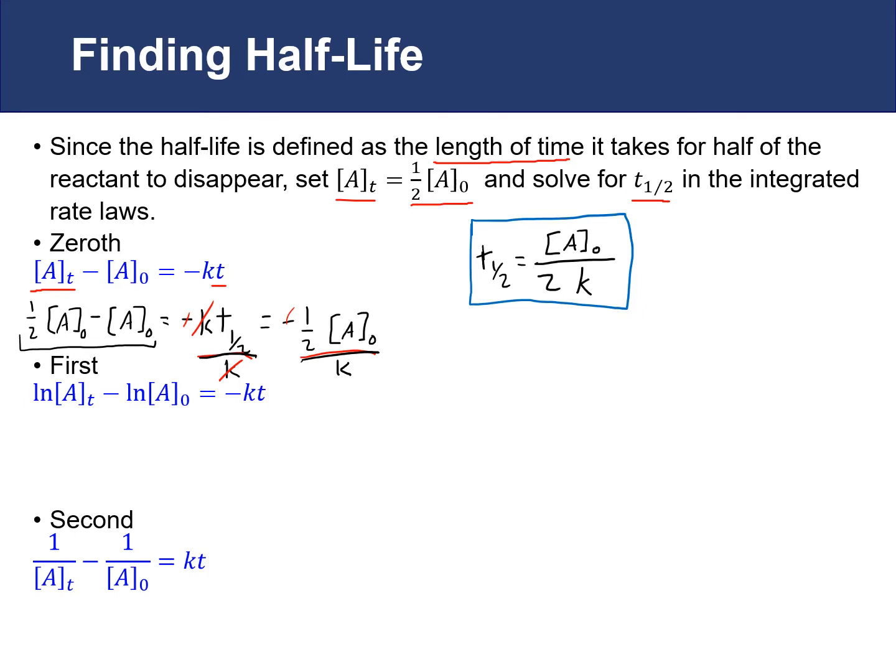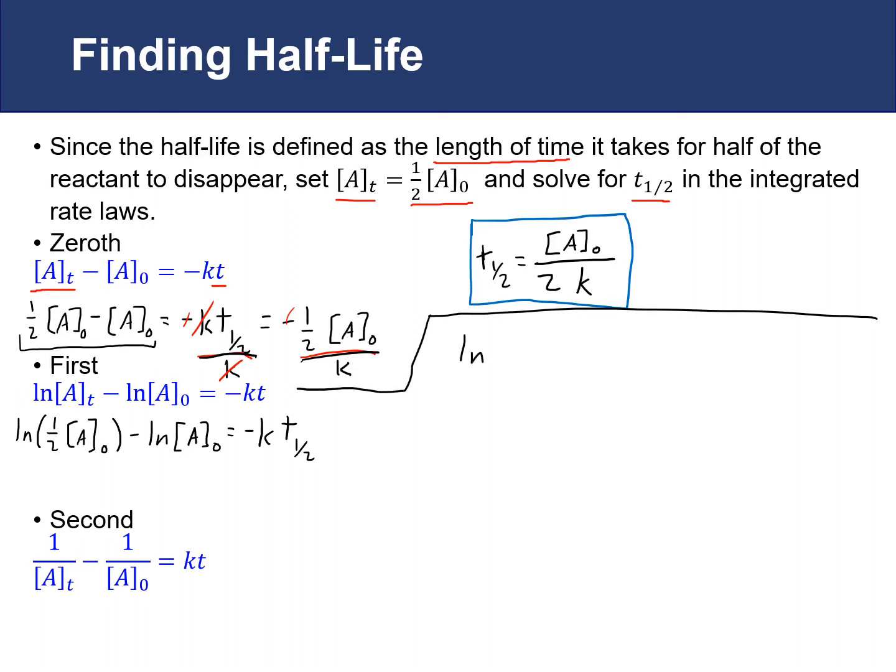We can do the same thing for our first order process. So this would give us the natural log of 1/2 our concentration of A0 minus the natural log of A0 is equal to minus k t1/2. Now there are a couple rules that we have with logarithms that are going to help us out. The two rules that we're going to be using are essentially